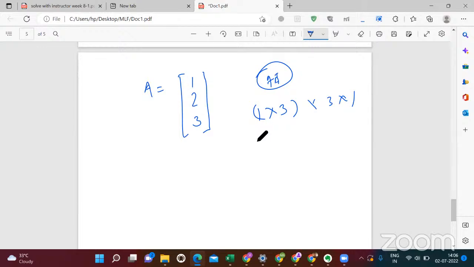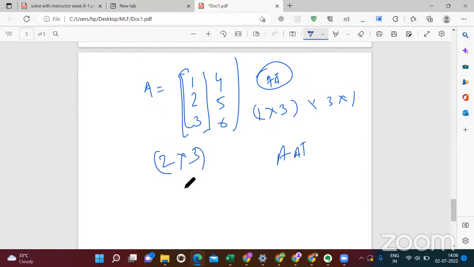It's better to avoid the larger product, even if you're getting something like 4, 5, 6. If you are asked to calculate A transpose A and its eigenvalues, you can just solve 2 cross 3 so that you get a 2 cross 2 matrix in the end. Did you get the point? Yes.